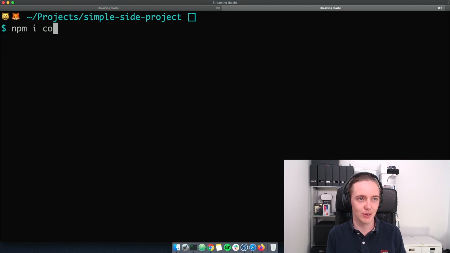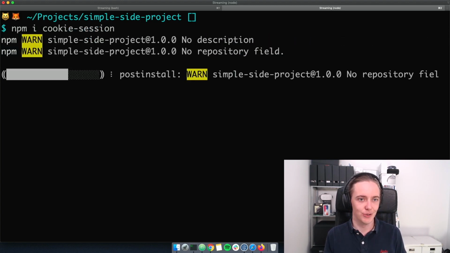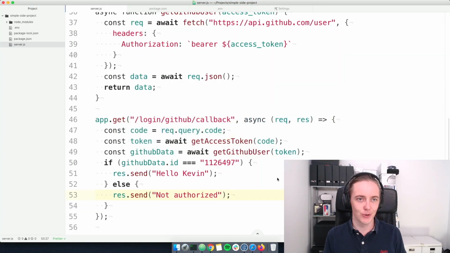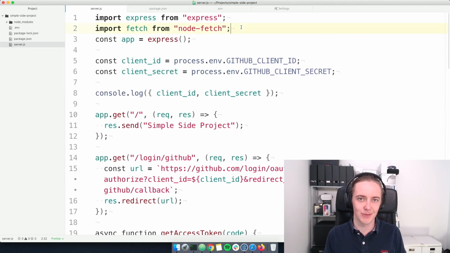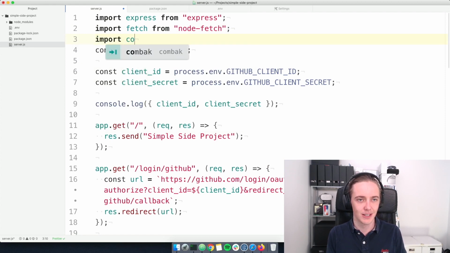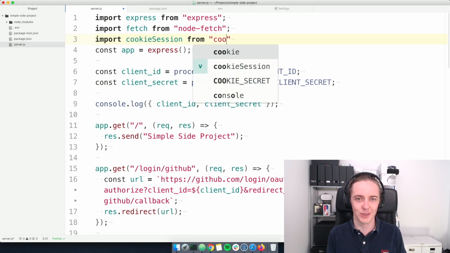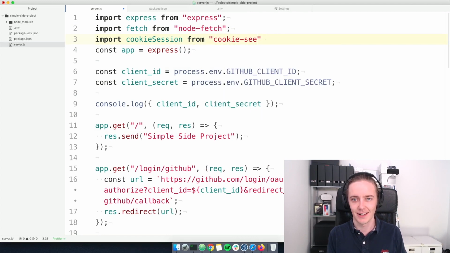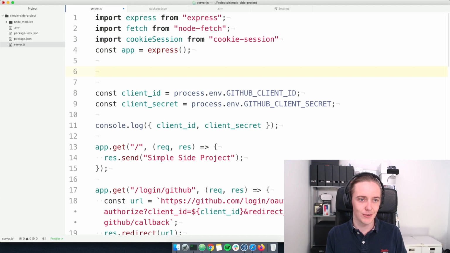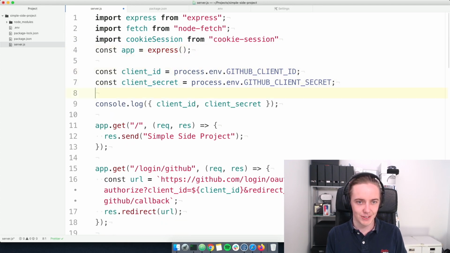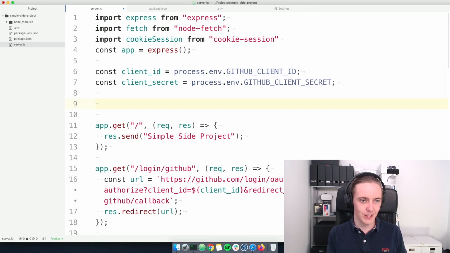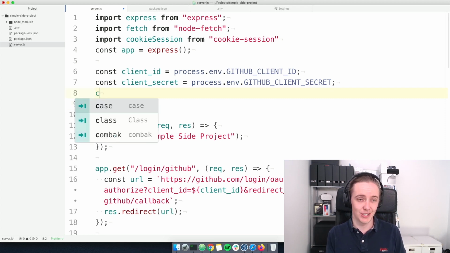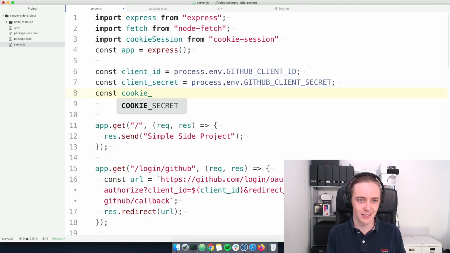So npm install cookie-session, so we can use it, and then we can go into our code here at the top and require it. So import cookieSession from cookie-session, and then down here after the secrets, let's delete the client ID, and we don't need to log that anymore. We do, however, need a new cookie secret, so let's add this cookie secret